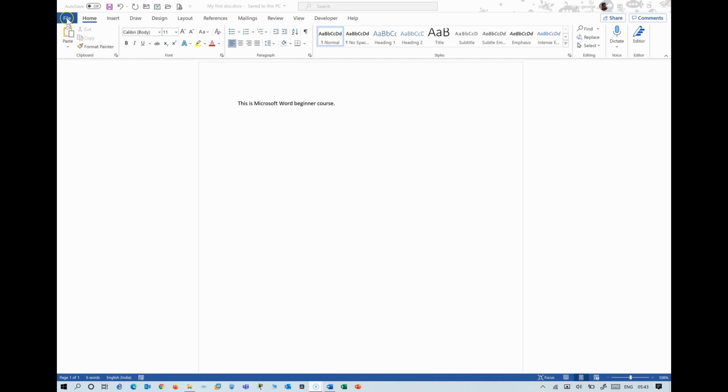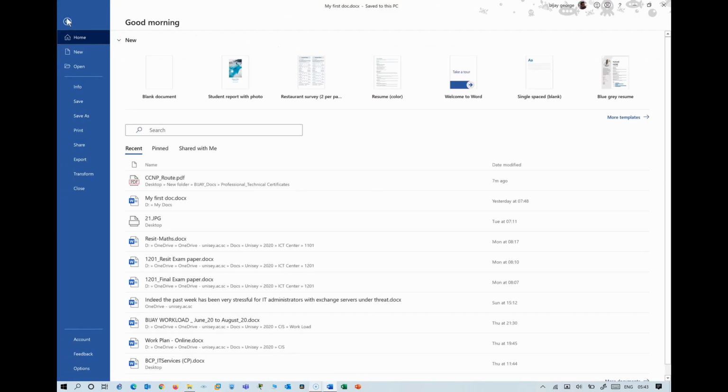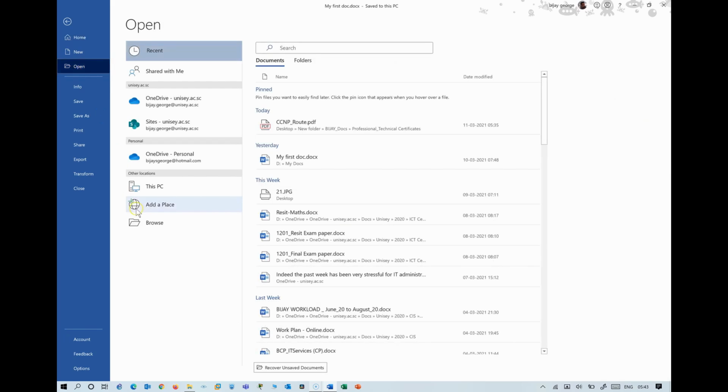Or you could go to File and then hit the Open option. Now you go to Browse, where you can point the location of the file that you want to open. So in my case, importing a Word document is easy, or opening an already existing Word document is easy. Let me show you how I can import a PDF file into a Word document. So automatically when you import a PDF file into a Word document, the PDF file will be changed into a docs format, meaning an editable one. So I click on Browse